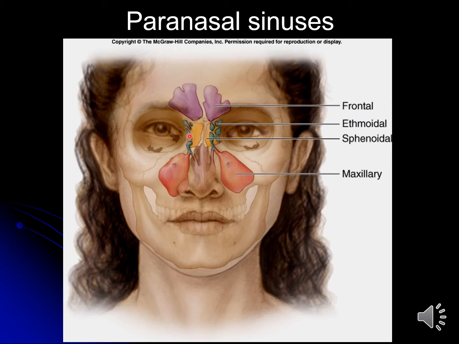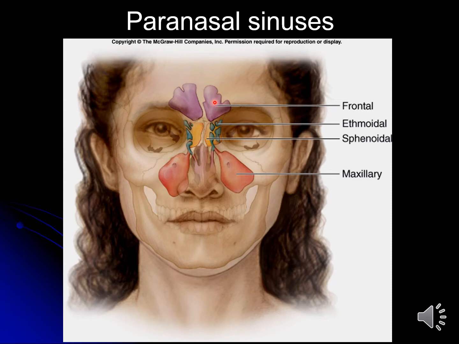This is in green color. So they are not a single cavity, but small pockets, and we divide them into three parts: anterior ethmoidal cells, middle ethmoidal cells, and posterior ethmoidal cells, according to their anatomical position. The most anterior ones are anterior, then in the middle are the middle, and most posteriorly the posterior. So ethmoidal air sinus is divisible into basically three parts.